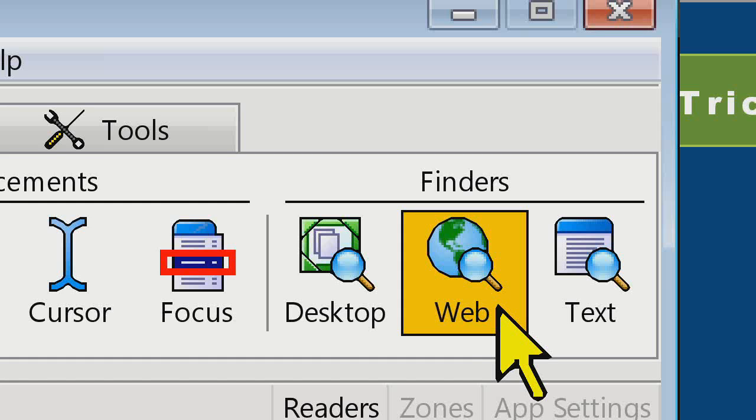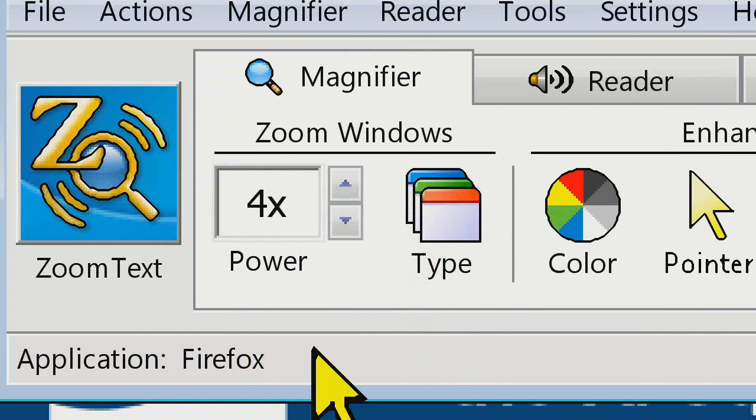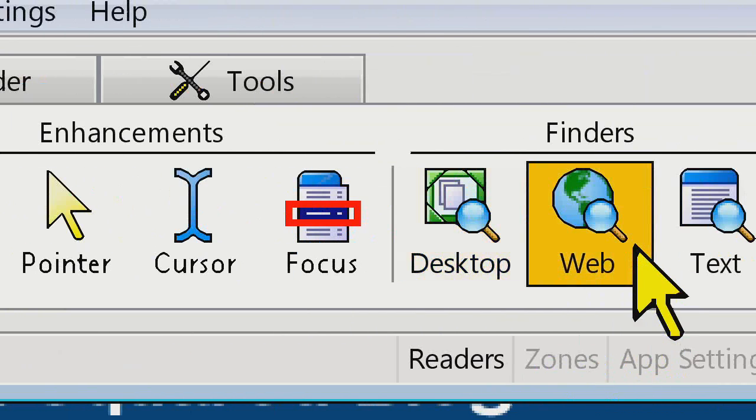Now you can navigate through search results on a page and also take a look at a list of various web page elements, not just links, but you can look at headings, lists, forms, tables, controls, and images as well. So a very robust tool. I'll kind of show you the easiest way to use it and then some of the more advanced ways to use it. So very simply, when you're on a website in a supported browser like Firefox or Internet Explorer 8,